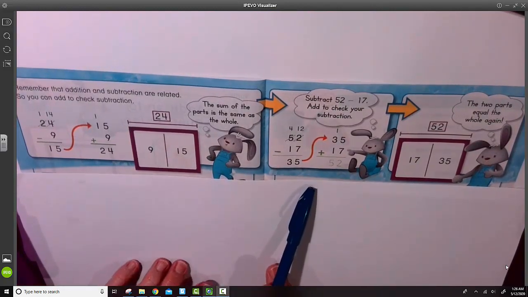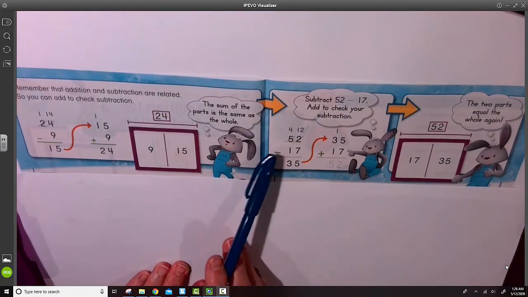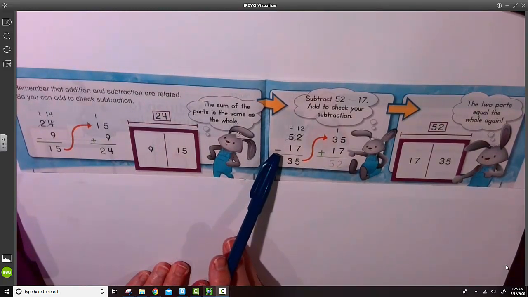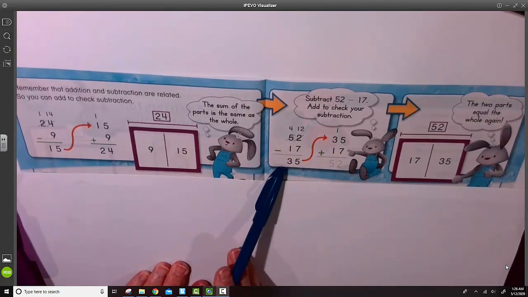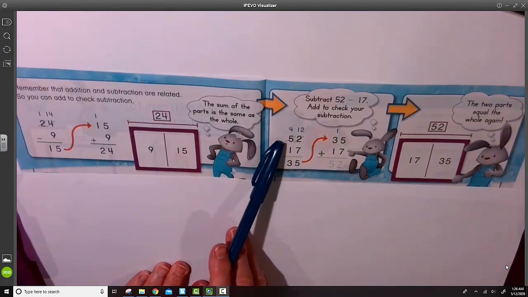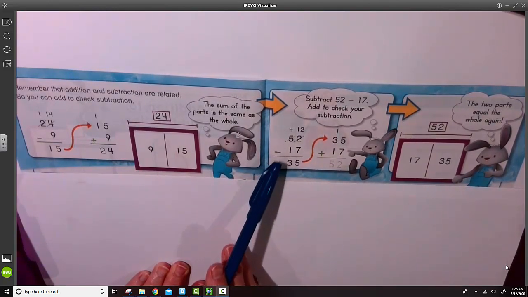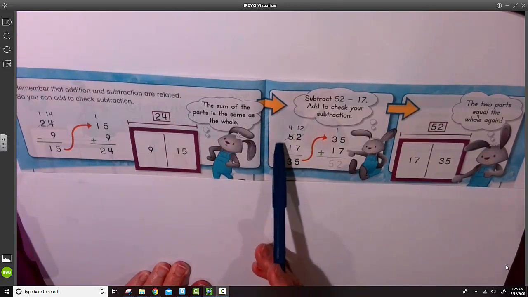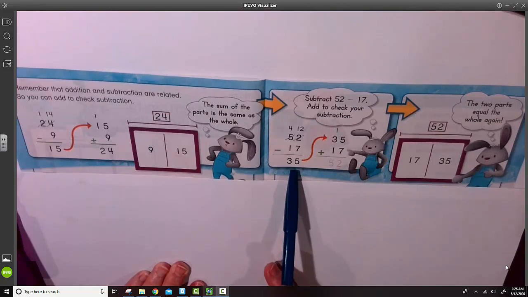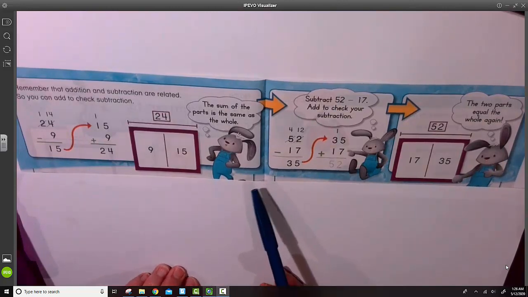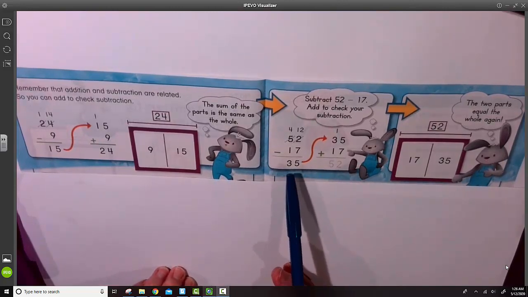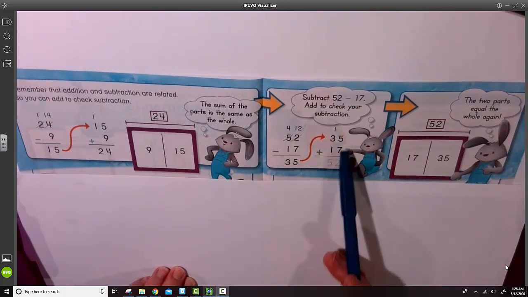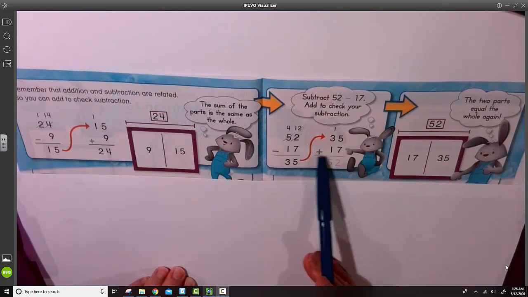Another example, the same idea. The minuend is 52. The subtrahend is 17. The difference is 35. 52 minus 17 is 35. You can see that regrouping was necessary on this problem. The checking with addition is the same exact concept. We take the difference of 35, add it to the subtrahend,